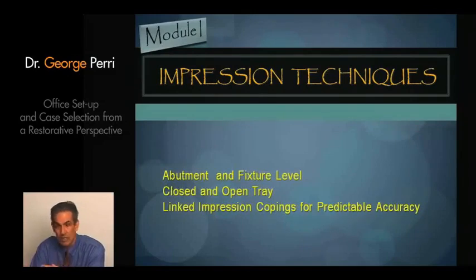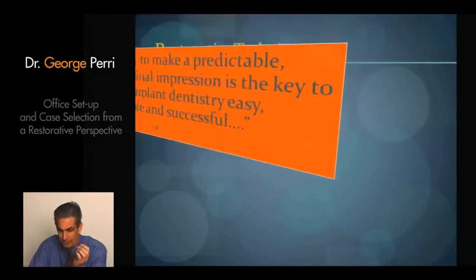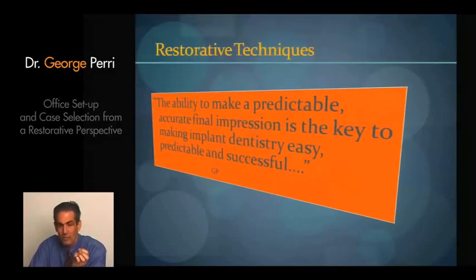So we need to examine impression techniques, and we're going to start at the beginning, and then I'll give you the skills so that you can take anywhere from 2 to 8 to 10 to 12 implants in one arch and have the predictability that any restoration that fits that master model will fit predictably in the mouth. So for me, the ability to make a predictable, accurate final impression is the key to making implant dentistry easy,